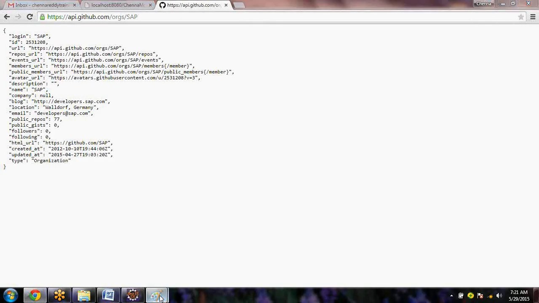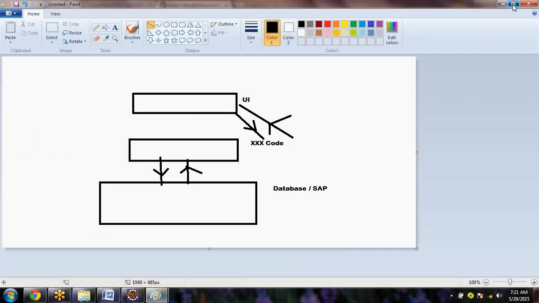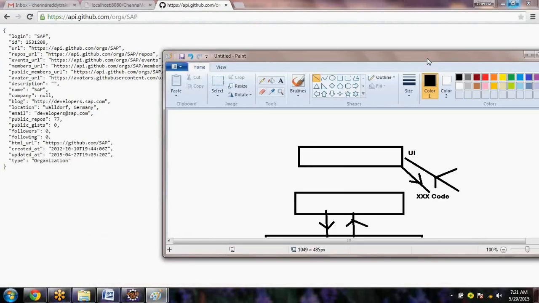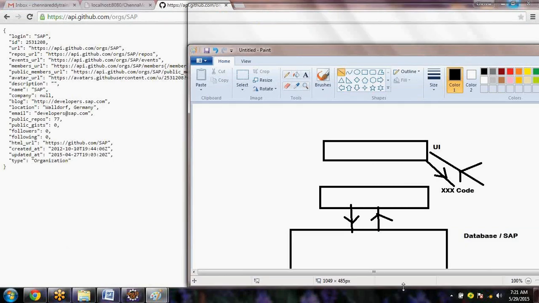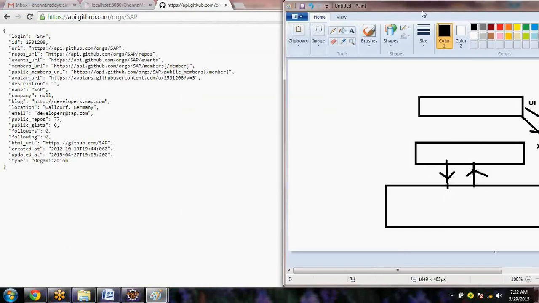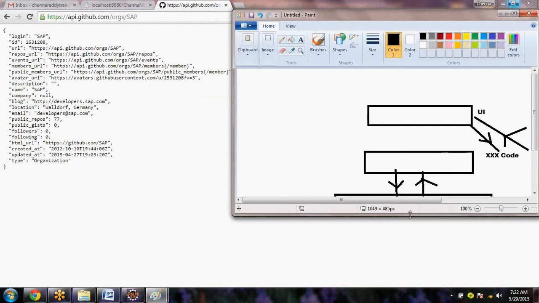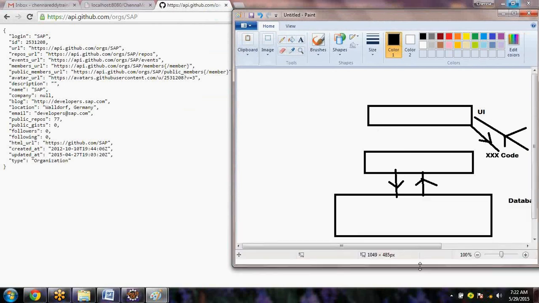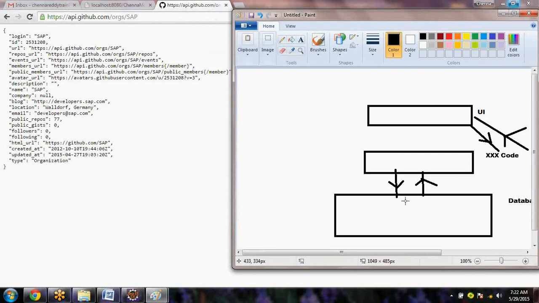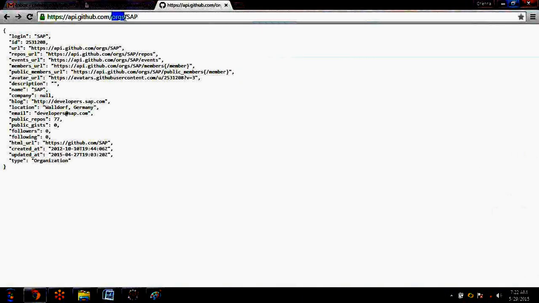Now you need to visualize this clearly. Why am I telling all these things in the beginning? Because this is where the real coding will be, in most of the cases. So I am introducing it now, so that when I discuss the theory, it will be easy for you. So what is the requirement right now? There is some data in the backend. Now there is XXX code. Here, XXX code is what? SAP. So this is what? If you look at here, this is called a package or namespace. And this is called the hostname.